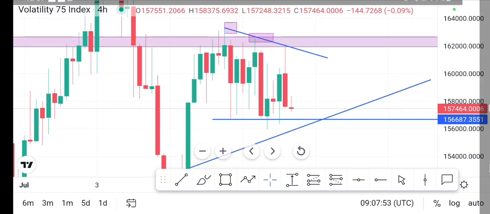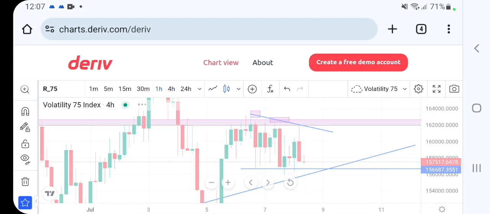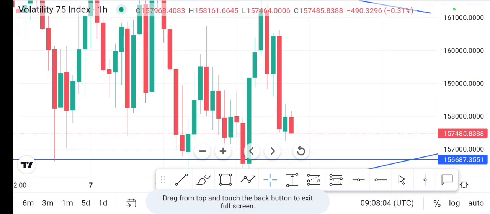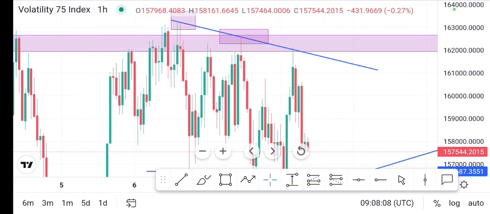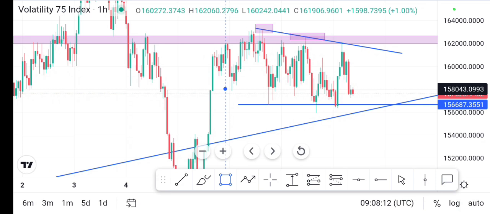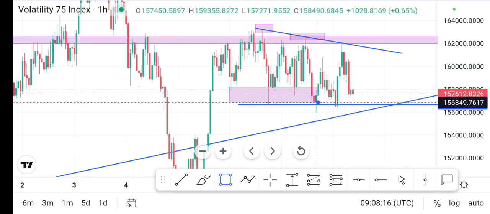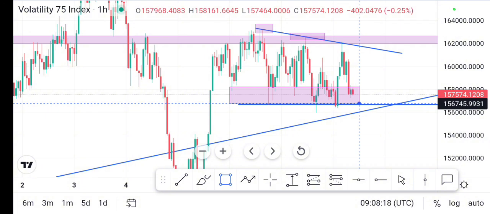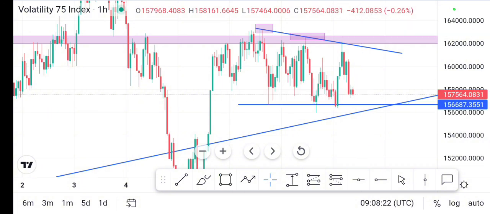And to put things in perspective, we can go on H1 and then we see them very well, and we can see how the market looks. So if you come here on H1, you can see the way the market is behaving right now. We have this zone here down, which has already been taken out. You can see that the market has already wiped out this zone here, this area.